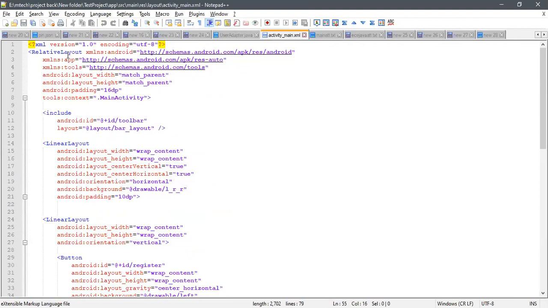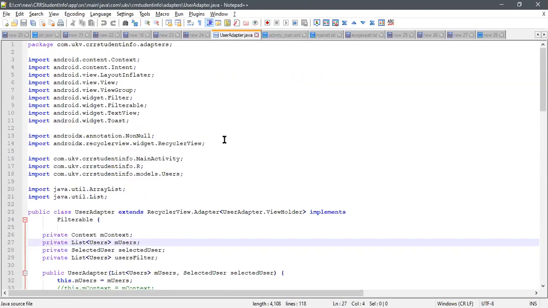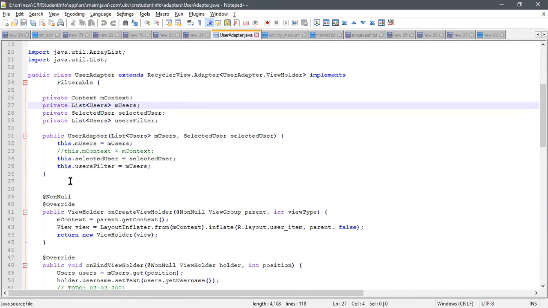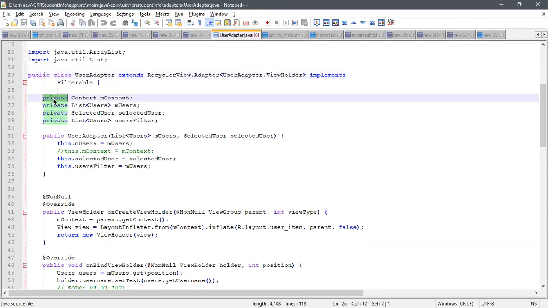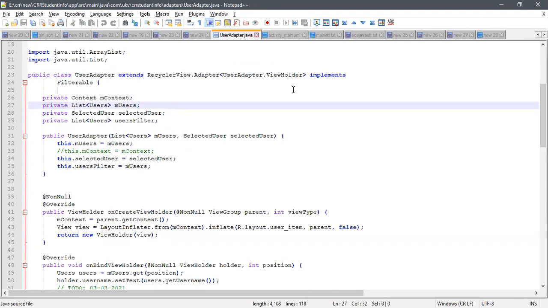See this one, it is easily identified, like all these tags are red in color and these are blue or purple, whatever it is. And this is a Java file. It consists of statements, each and every, see this one, public is a violet color, and extends is one of the keywords, and this is a private access like this. So you can easily identify what all the things available inside Java are. So from the programming point of view, Notepad++ is good. If you are interested, install it, or else it's your wish.